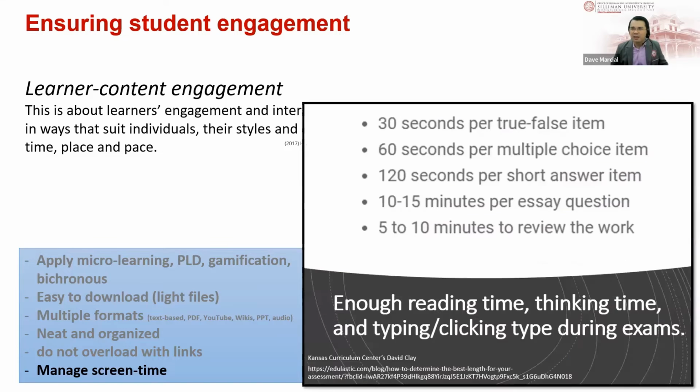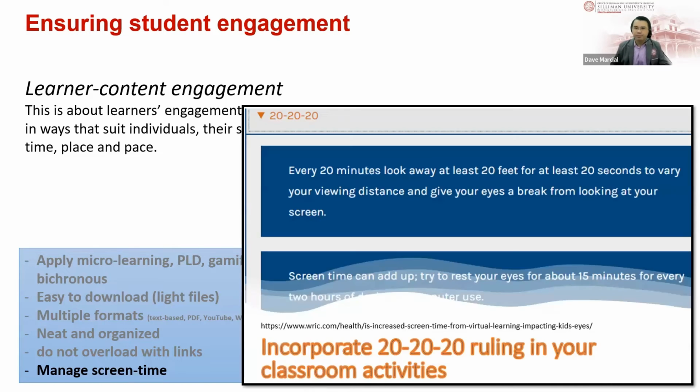Incorporate, that's managing screen time, providing enough time. If you use H5P, the students can manage and control their pacing. Unlike with a real-time or synchronous quiz where they must finish straight for 1 hour. But if you are using H5P, their speed will vary according to their interaction, no? So incorporate the 20-20-20 rule in your classroom activities: every 20 minutes, look away at least 20 feet for 20 seconds. But I think for lower graders, they don't take long in